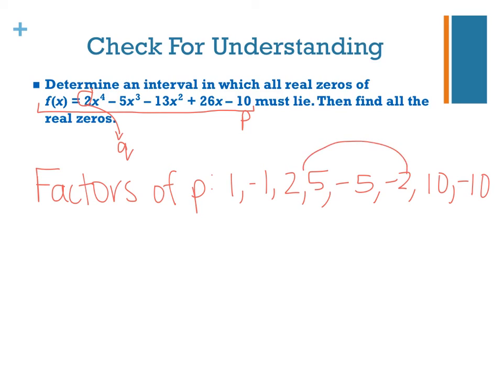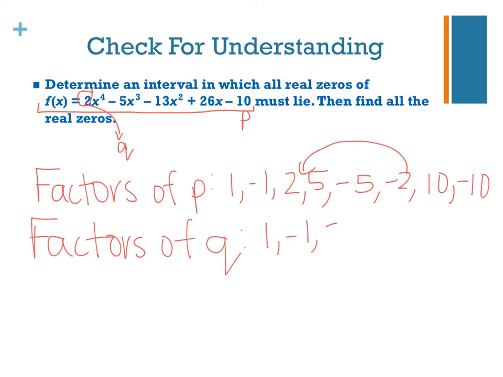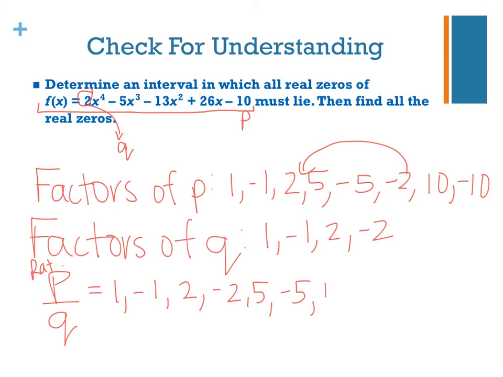I probably should put the negative 2 back here with the positive 2. It doesn't really matter, but I'm just picky and want everything kind of grouped together. Here I have factors of q, and the factors of q are 1, negative 1, 2, and negative 2. And if I divide all the factors of p by all the factors of q, they give me my possible rational zeros, which are 1, negative 1, 2, negative 2, 5, negative 5, 10, and negative 10,